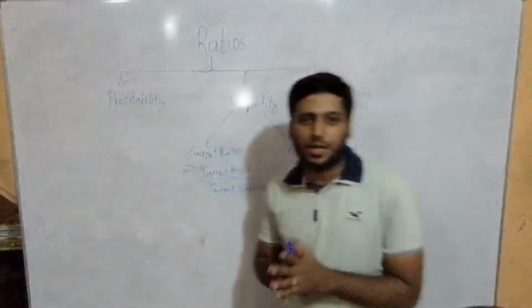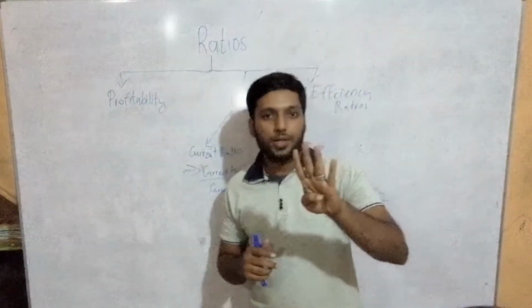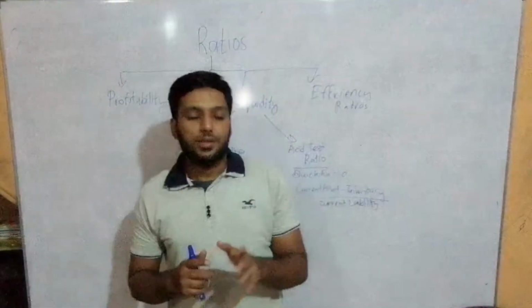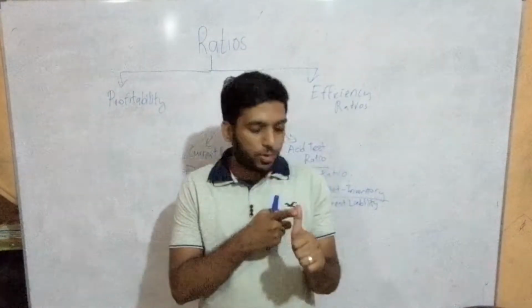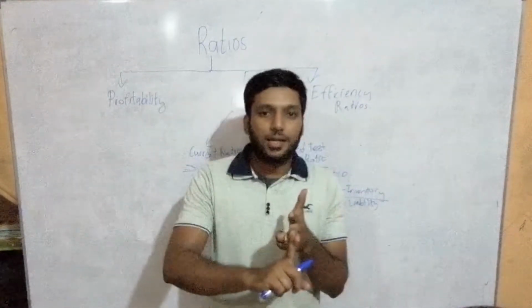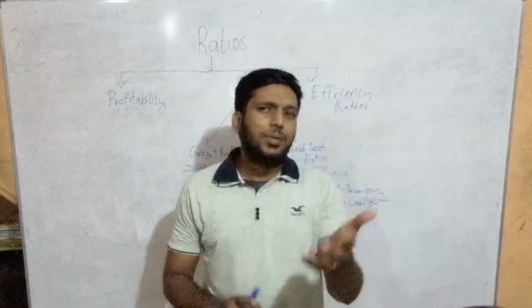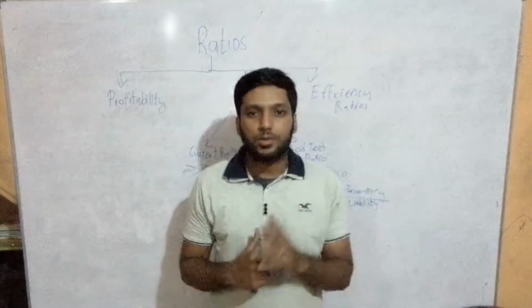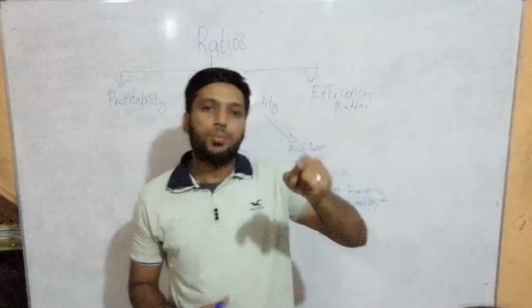So basic thing of current asset you need to know. There are 4 things which can be given on a paper. Most probably inventory will be given on your paper. That's a current asset. Trade receivable is a current asset. Cash is a current asset. Bank is a current asset. Sometimes they might give you prepayment, so it's also current asset. So these 5 things you remember, it's current asset.